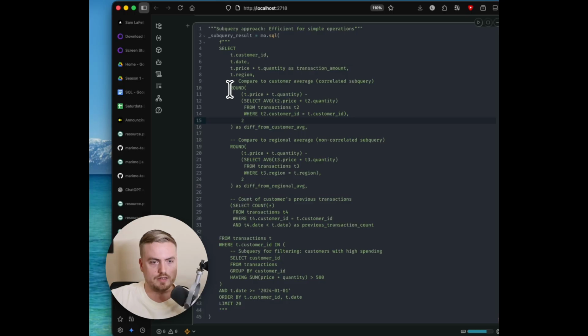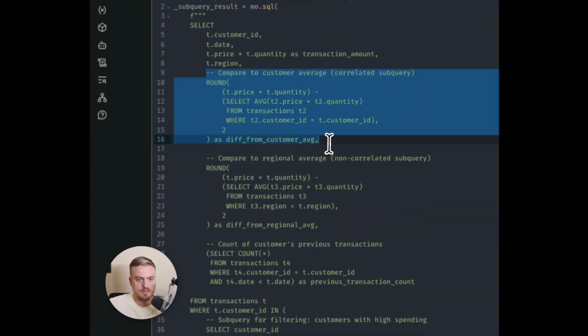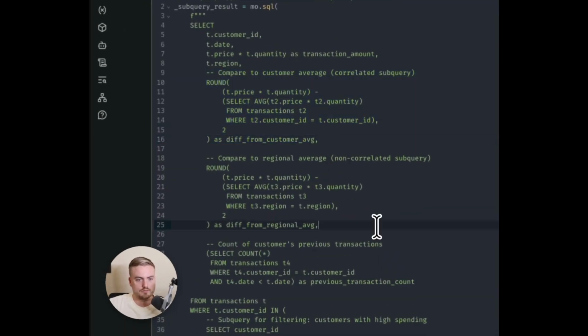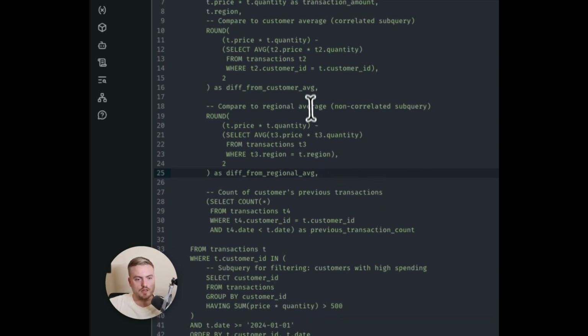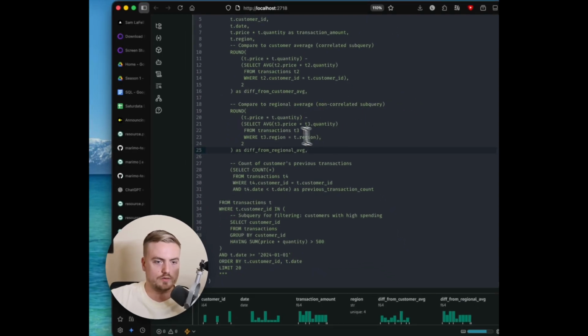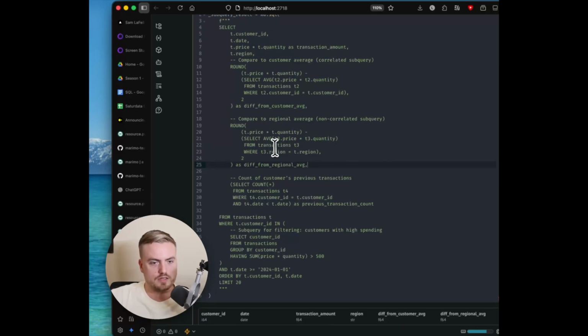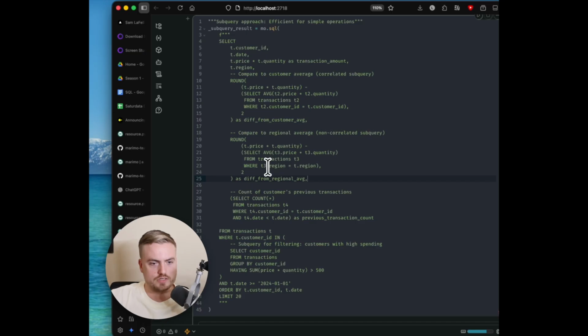I don't write them a lot. I don't really have needs for them a lot. But when they do happen, right, they're frustrating to write. Next up is the non-correlated subquery, which just means it's self-contained. It doesn't need any information from transactions, or it doesn't